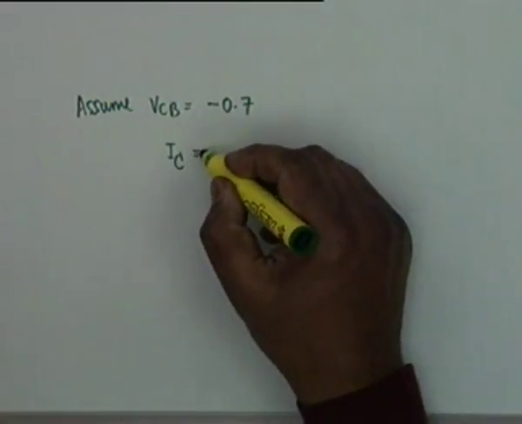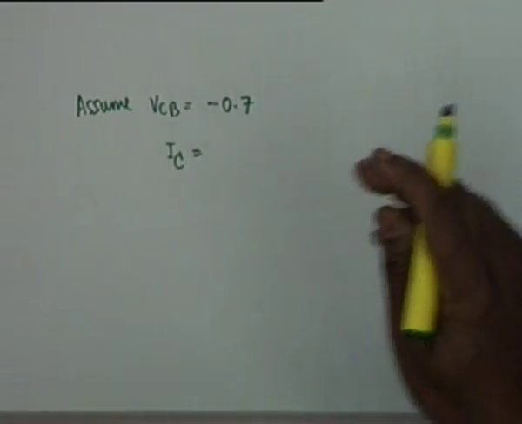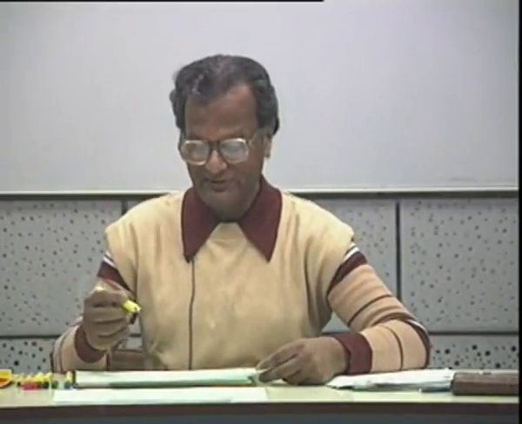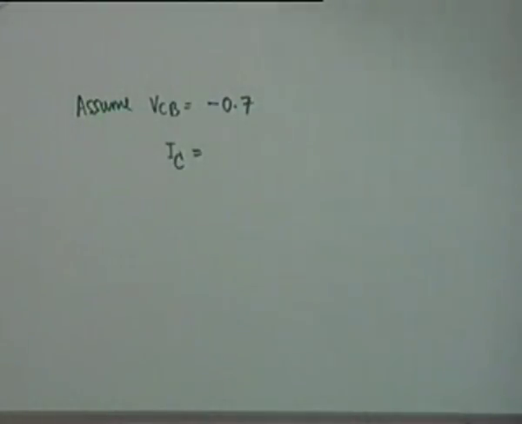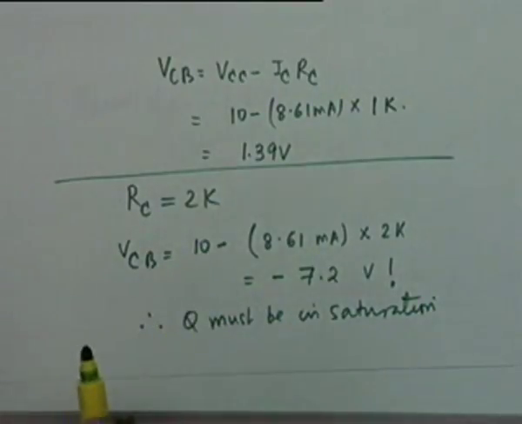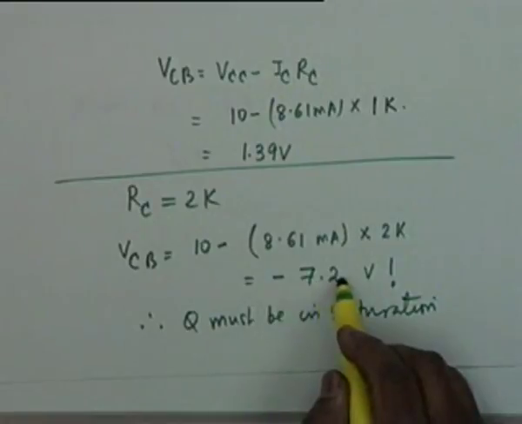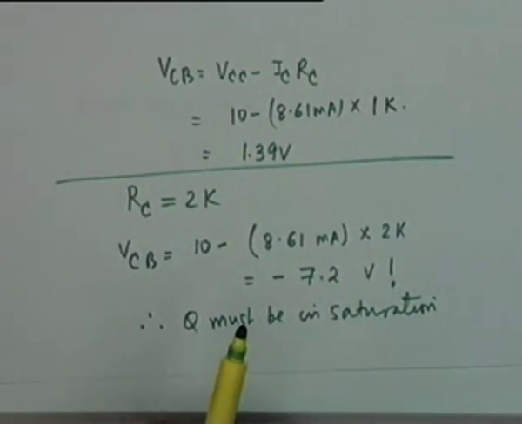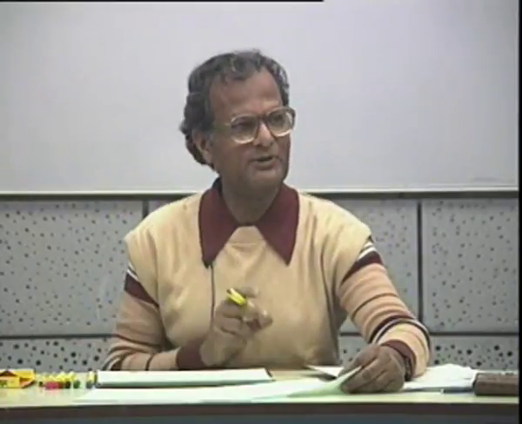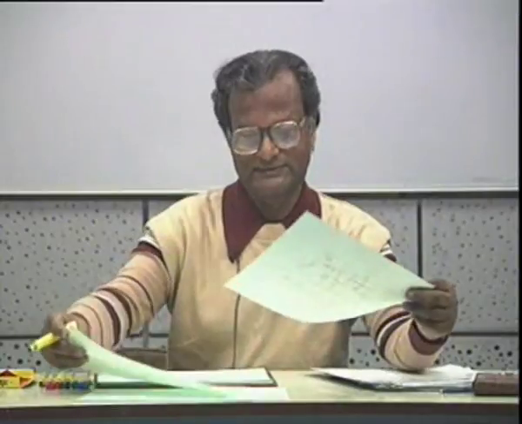Then I sub C shall be, this is interesting. Let us go back to the circuit. How is VCB 0.7 volt? We have found out that VCB, if we assume an active model, comes out as minus 7.2. Now a forward biased junction diode cannot drop more than 0.7. That is why we said 0.7.